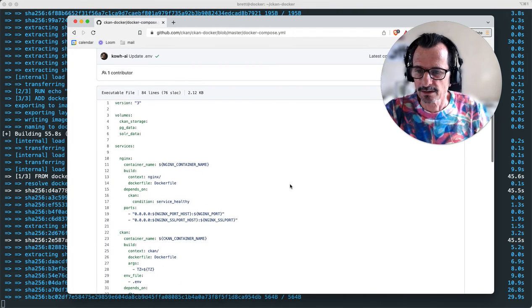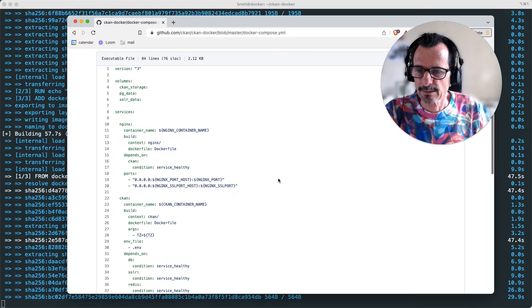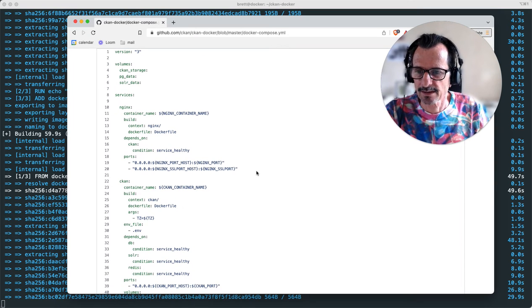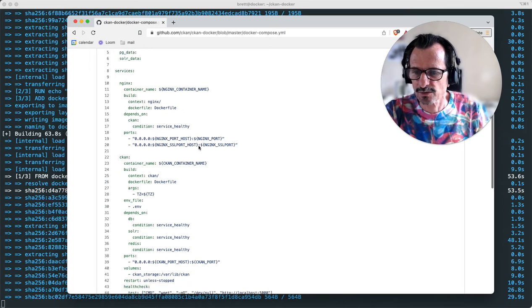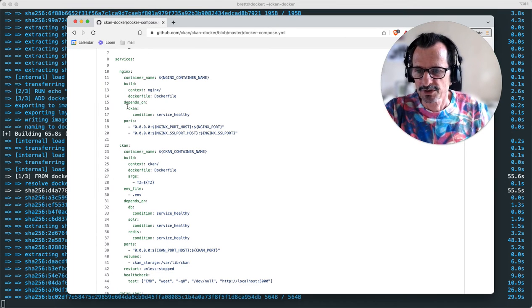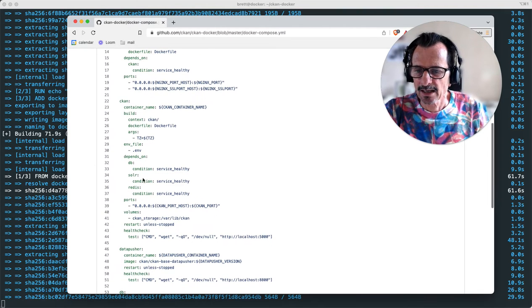And if we look at the YAML file, we see all the services that will start containers. There's an Nginx one, which depends on CKAN to be running, so that's going to be the last one that will come up. CKAN, the CKAN container